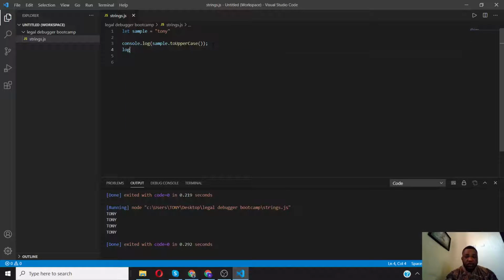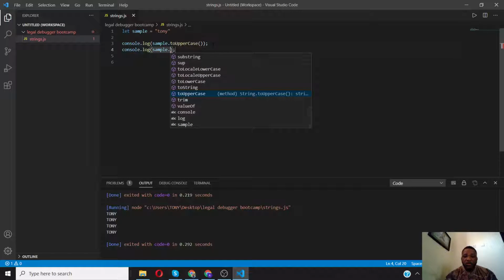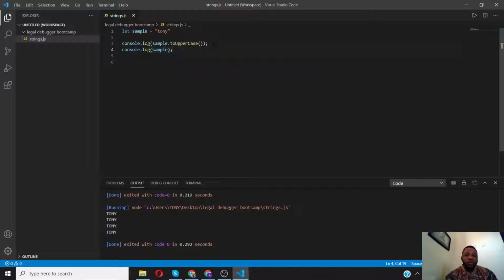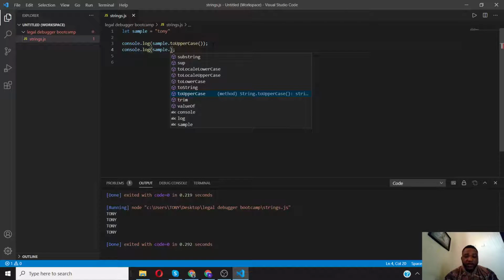We can equally have log like this. Sorry, log. I'm too lazy, I don't like typing. So you can see it has options. If I click on this one down and press enter, log sample. I forgot I should mention this: if you do log and start typing, and what you're typing is highlighted, even if you press the dot, it helps you. Sometimes if it's highlighted like this, I just go out and come back in. But never mind. So sample dot, right,